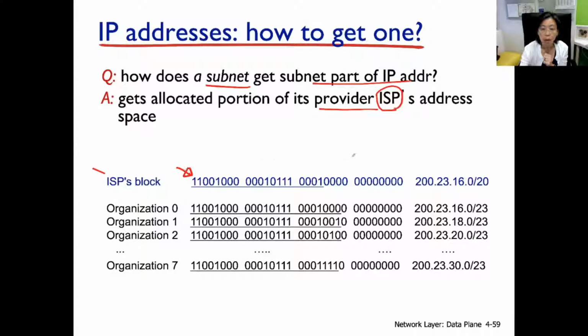Okay, so by big block, this is how big a block is. Now the prefix of the subnet address of the ISP is only 20 bits, so only up to here. Therefore, that allows us a bigger free IP address space. Now, if there are 8 customers subscribing from the ISP, organization 0 all the way to 7,